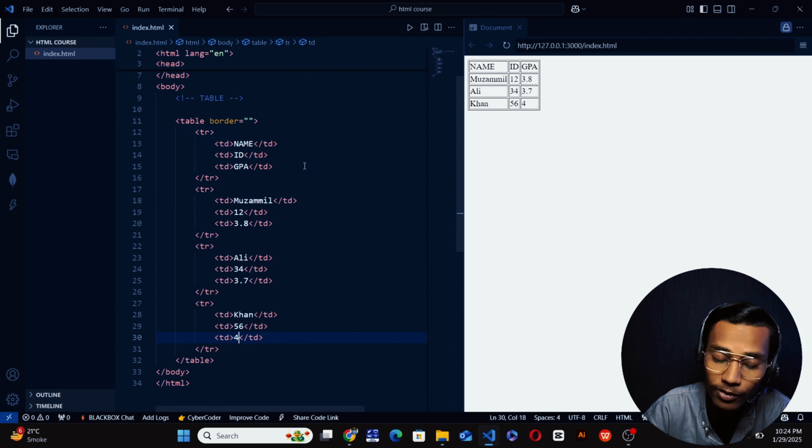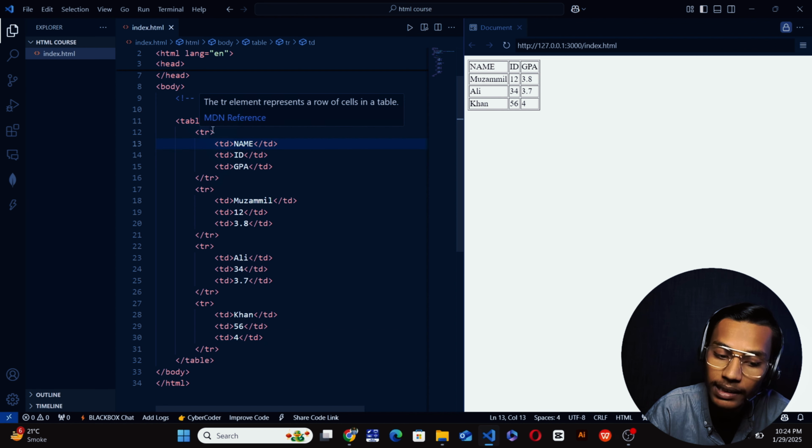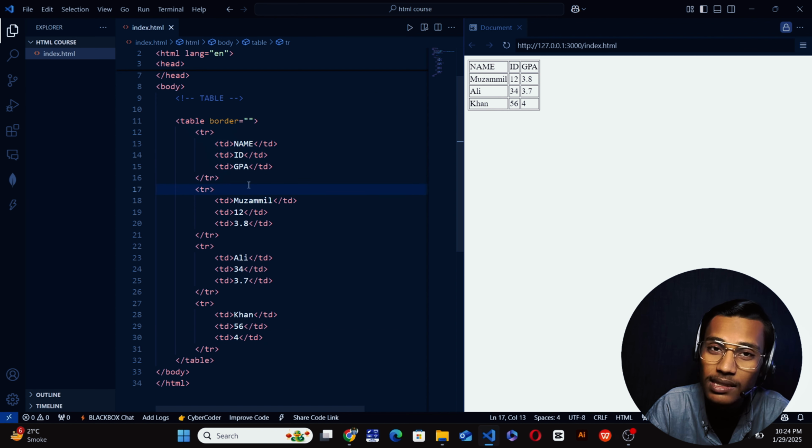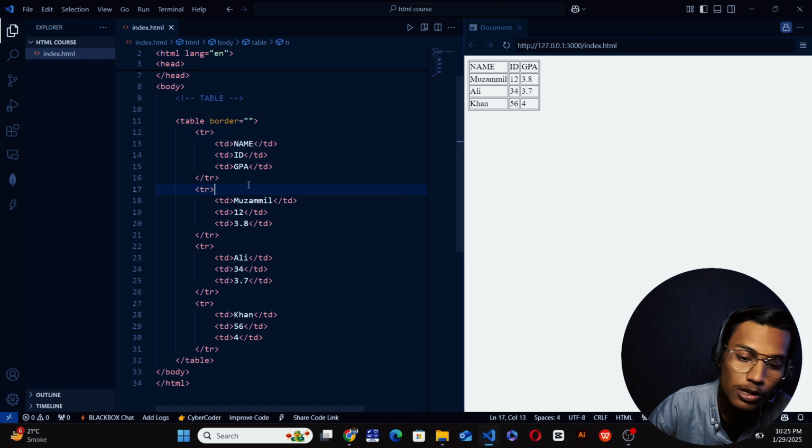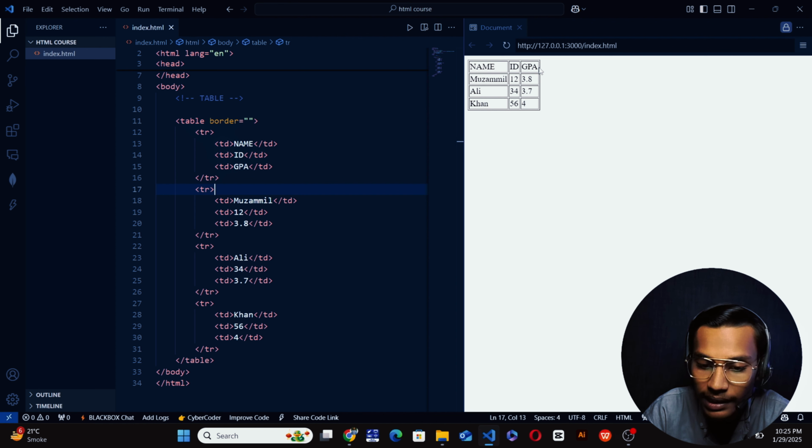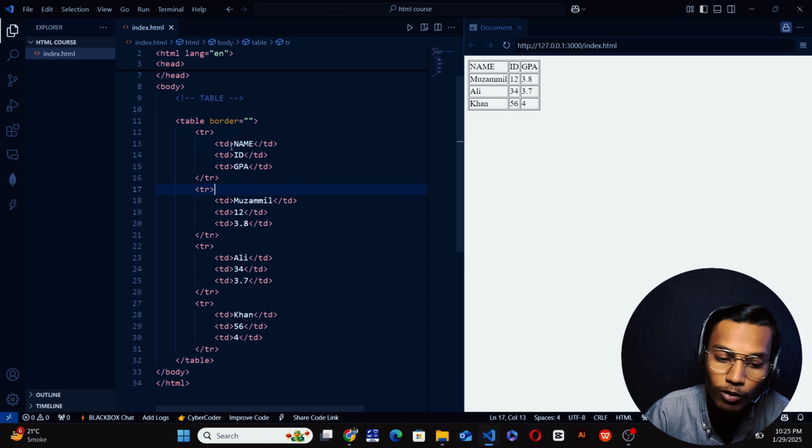So as you see, we can quickly create our first table, and it is necessary to write the td data, which means this tag, under the tr tag. But at the start I said something about the th. Th means table heading. Name, id and GPA are similar to the other table data, so I want to change this.